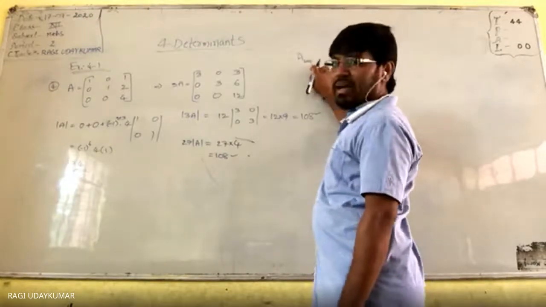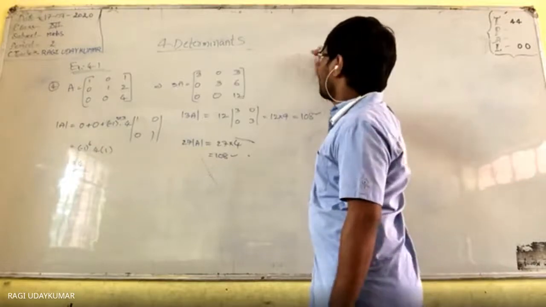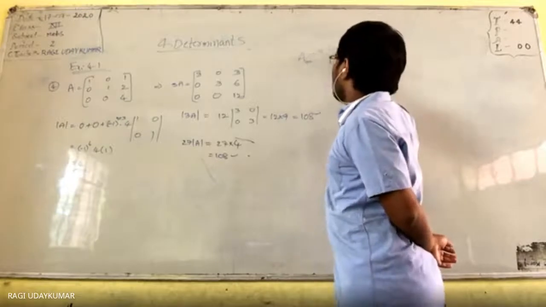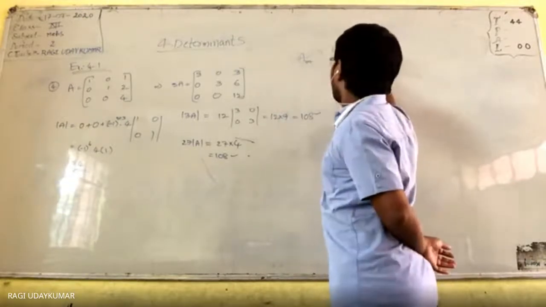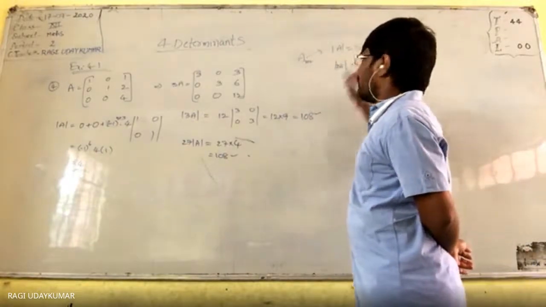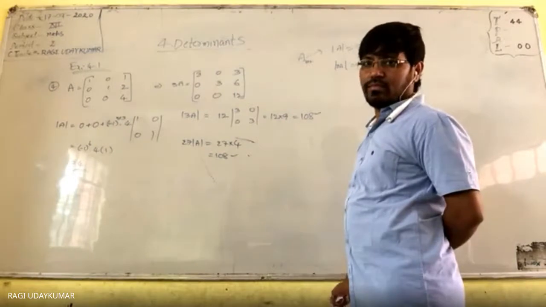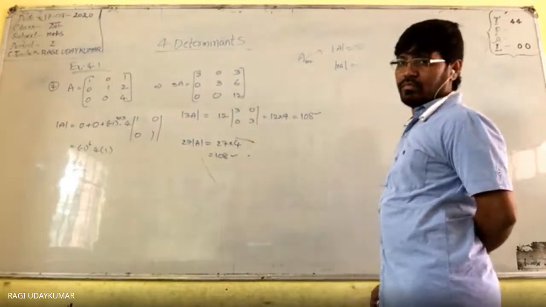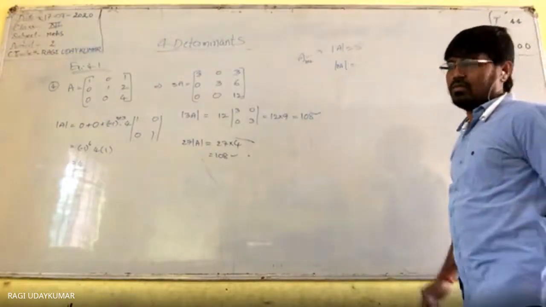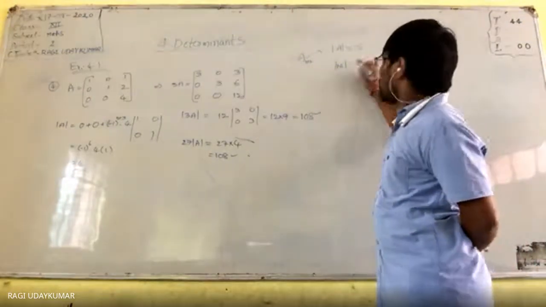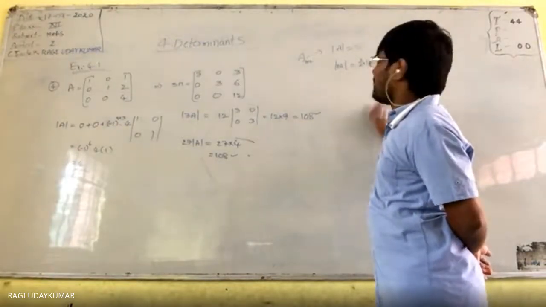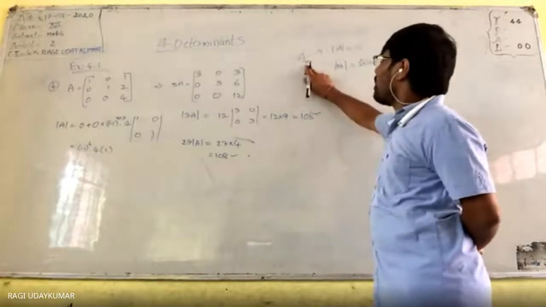Okay, any matrix of order, let us go further. A is of order 2 by 2 matrix, and you know that the determinant of the matrix A is equal to some 5. Then can you say what is the determinant of 2A? Determinant of 2A is nothing but 2 square into determinant of matrix A, if A is of order 2 by 2.